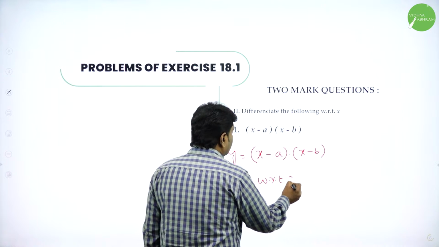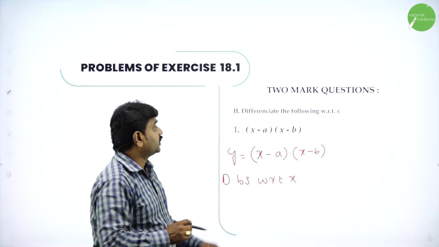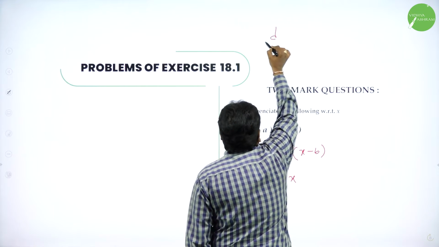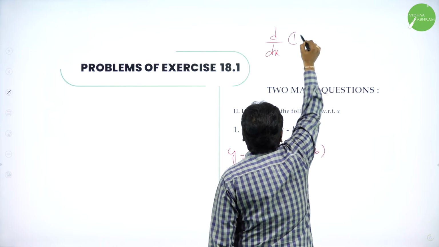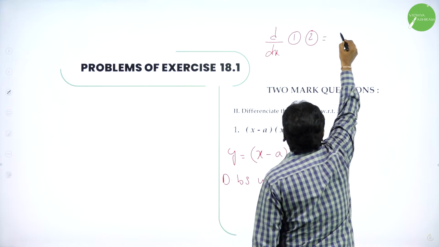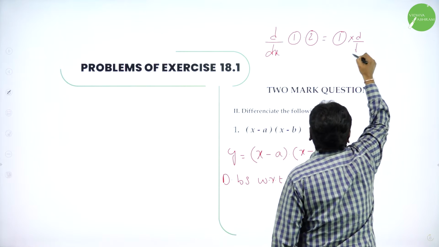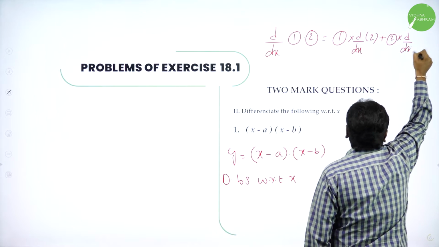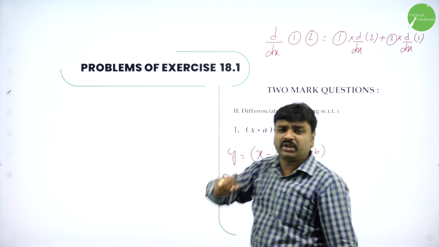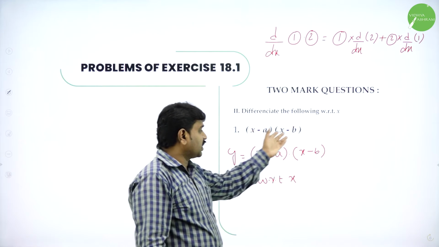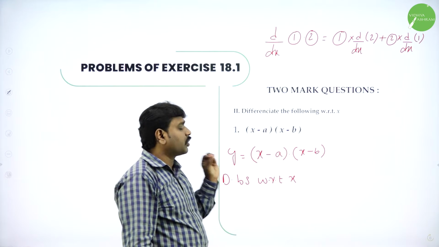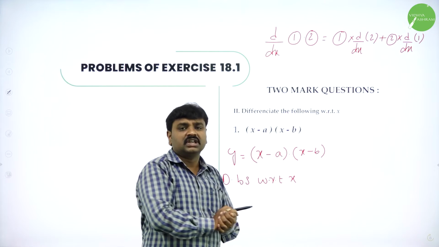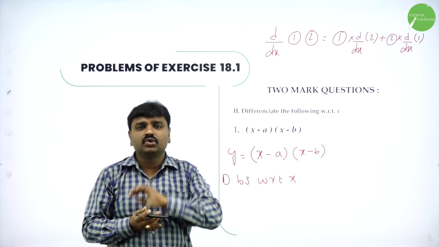Before I go to this, I'll talk about the rules that I taught you. I taught you that in 2 marks we have to apply rules. So I taught you the product rule. If you have d by dx of first function into second function, then we have the product rule. What is the product rule? First into derivative of second plus second into derivative of first. Do you remember this? Or the UV rule, u into dv by dx plus v into du by dx. They do not say this is a product, apply the product rule. They will not mention to use the product rule. But if you observe, in between we don't have any sign, means this is a product of two functions. When a product of two functions is given, strictly use the product rule.